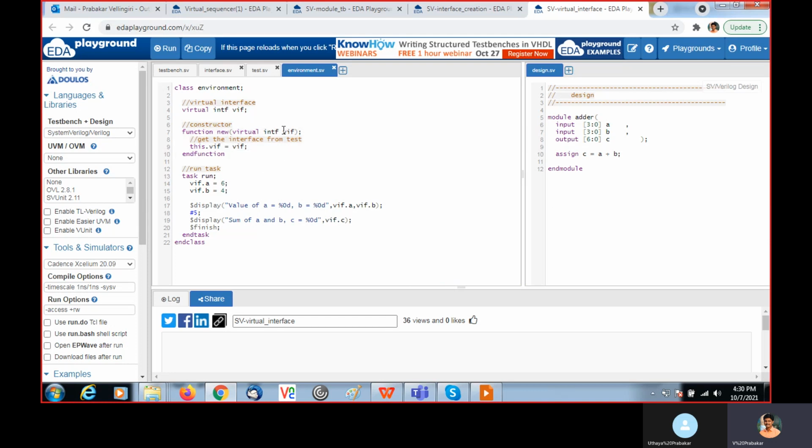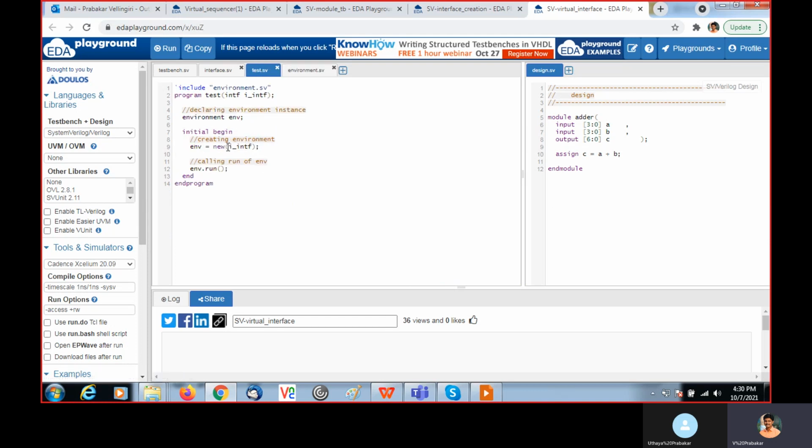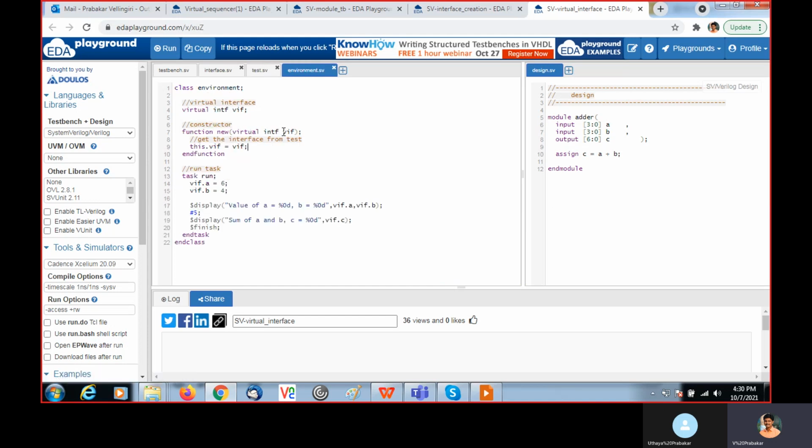Here we are passing the handle of the actual physical interface that we are receiving. Then that VIF is assigned to the VIF which is present in this class. This dot VIF is nothing but this one.